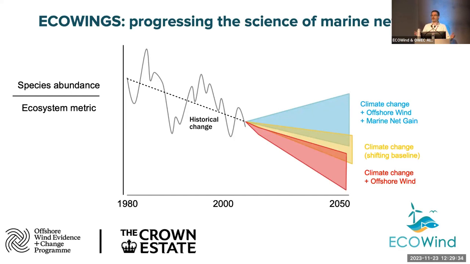So what are we going to do about the twin effects of climate change and impacts of offshore wind? And how can we achieve net gain? And of course, what that's shown here is in the blue graph. And a key question there is, are we returning to our baseline, which is our shifting baseline, a sort of no net loss of offshore wind? I think that's not where we are. Everything we hear is about going beyond that into net gain. And that's that blue